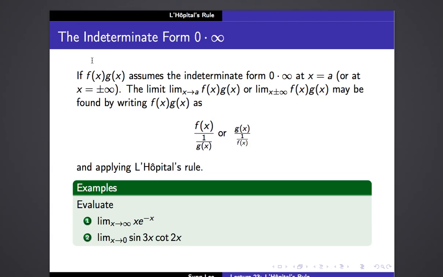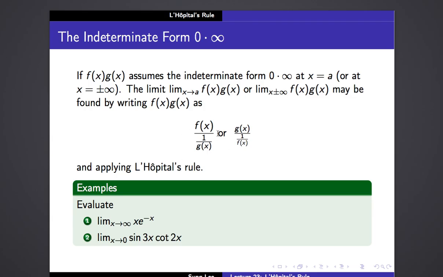So the next thing, 0 times infinity. Okay, so if f of x times g of x assumes the indeterminate form 0 times infinity at x equals a, or at x equals plus or minus infinity, in that case, the limit of f of x times g of x when x goes to plus or minus infinity may be found by writing the function as either f of x over 1 over g of x, or g of x over 1 over f of x. And then we apply L'Hopital's rule,